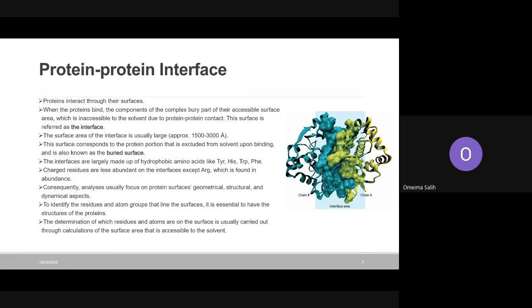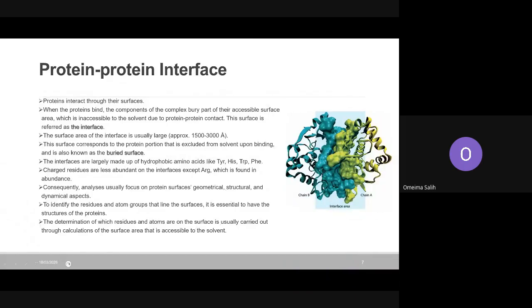So once they go into these reactions and combine with other proteins, the surface that is part of these reactions, where we combine the two proteins, we call it an interface. So the interface is the part of this protein complex that is buried and takes part within the reactions, producing the protein-protein interface between the two